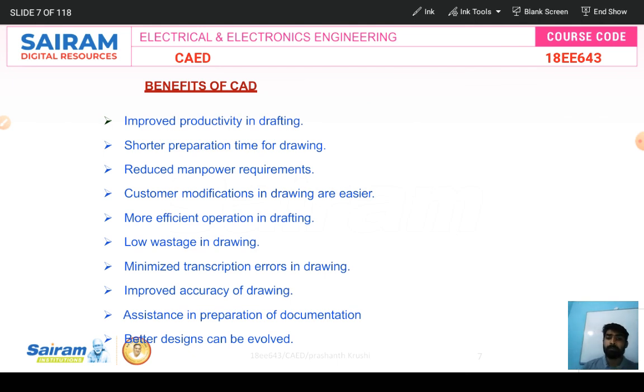Customer modifications in the drawing are easier. You can do modification also. If the customer does not accept, or wants to change the plan, you can change something extra. For example, if a lamp is present in one room and the customer says you have to place lamp, fan, everything, and we need 2, 3, 4 lamp points, you change that using AutoCAD and then submit the final copy to the contractors.